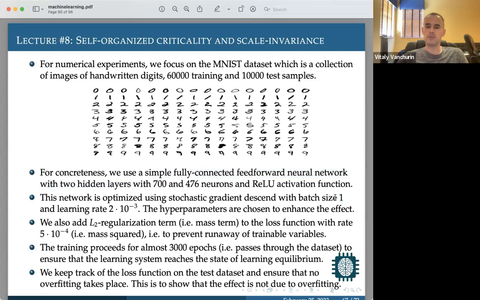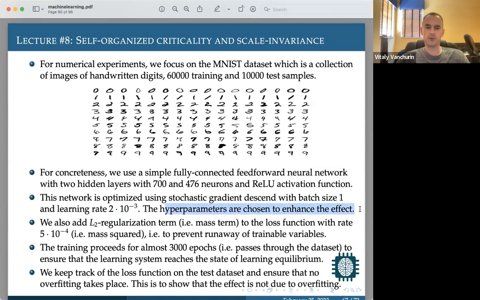What we are trying to do here by making this batch size small is to enhance the fluctuations to really see what they are. And so the batch size was chosen to be very small. The learning rate was taken like this. And so, as I say here, the choice was such that we start seeing these power